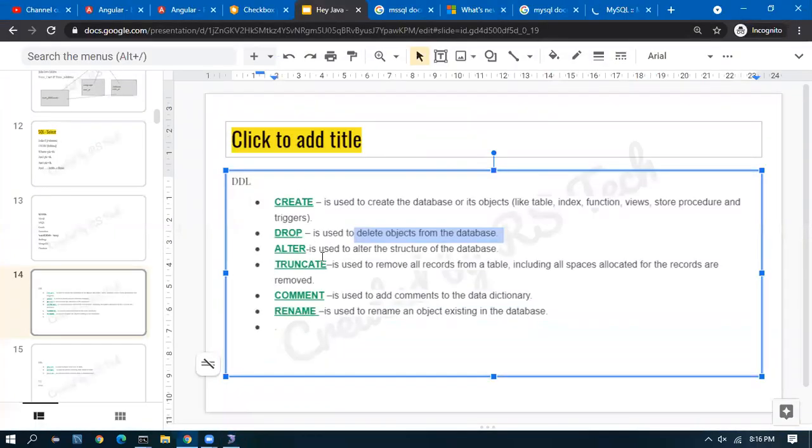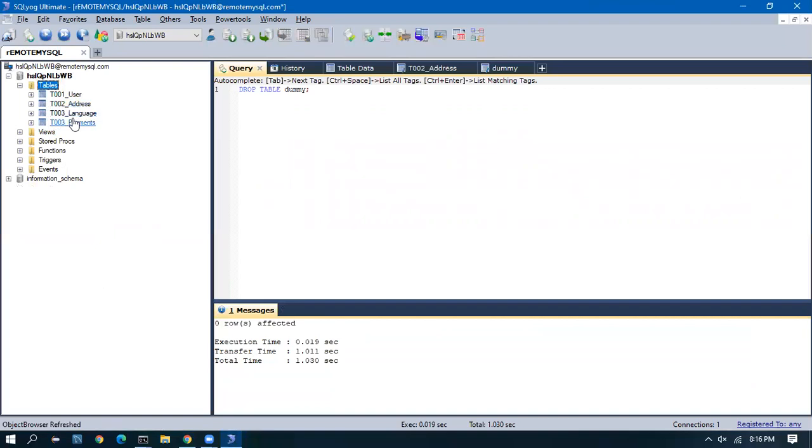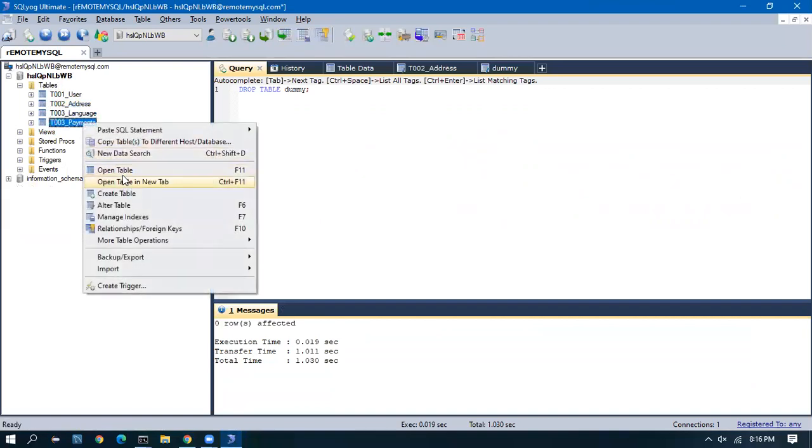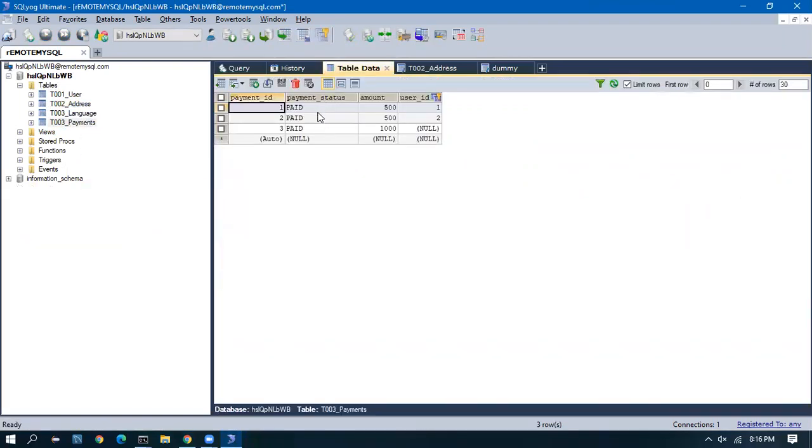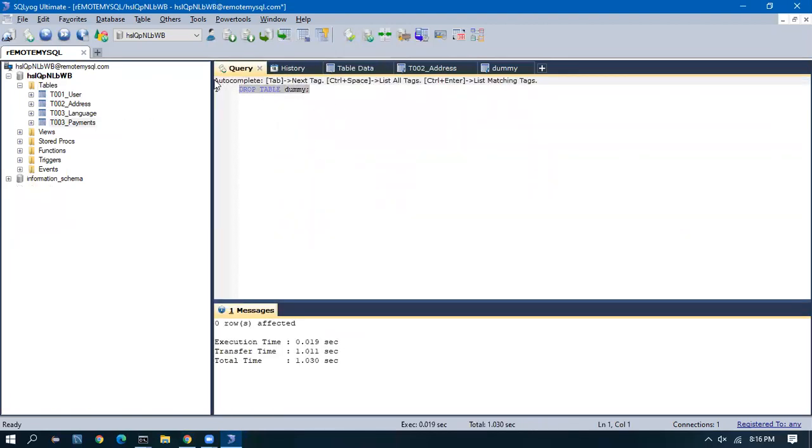And to alter the database, we use alter. Truncate is to truncate the rows in a database. Suppose, let us say I have three rows in this payment table. Now I want to truncate this table. We have two options to delete the rows. One is delete, the other is truncate.